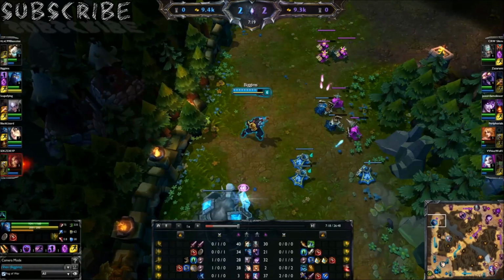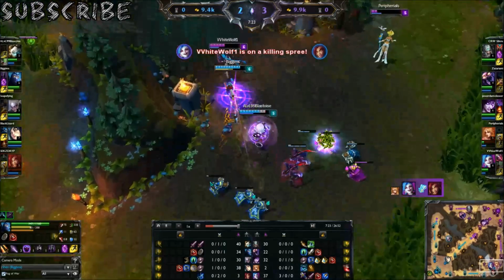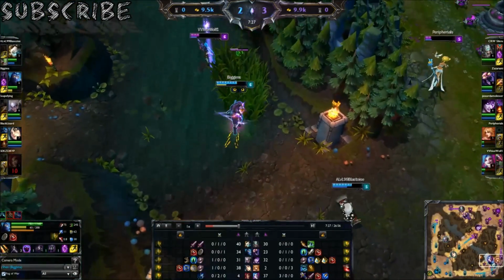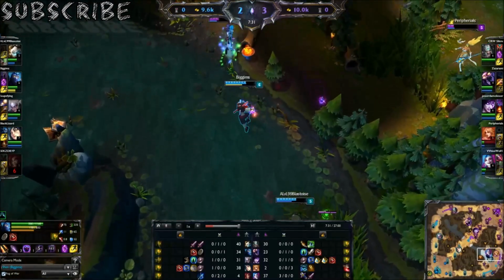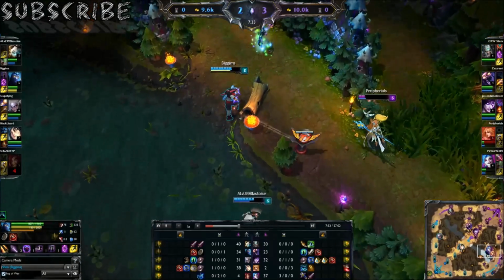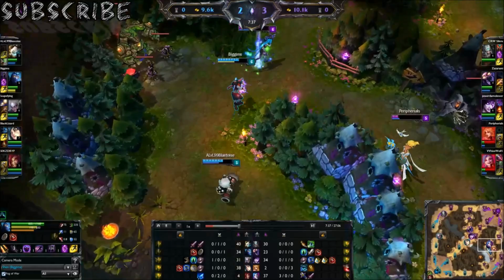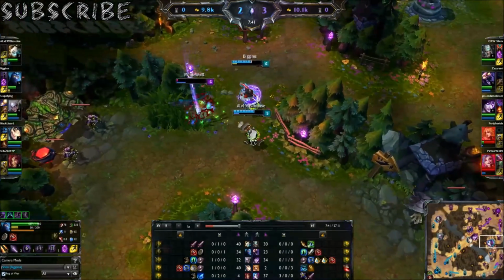So right there, I got a ping that Zyra was low. However, I'm not going to go to Zyra since she's already dead. I'm going to go ahead and go to the Tristana instead and shield her for an increased trade. So right here, Jinx is getting away. I don't want to burn my flash. I want to wait as long as I can. My taunt is almost up, and for some reason, she decides to go back and try and zap,